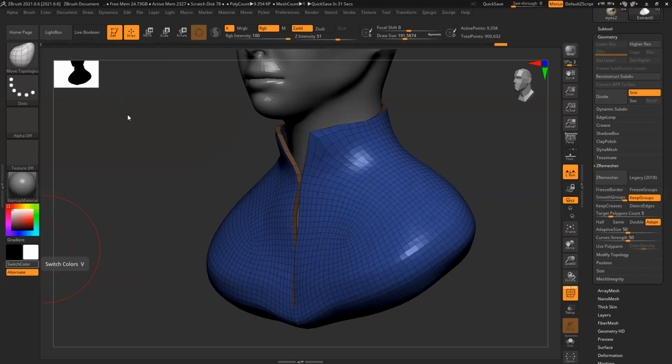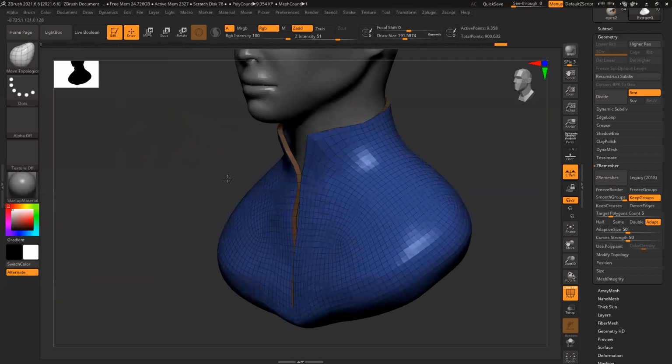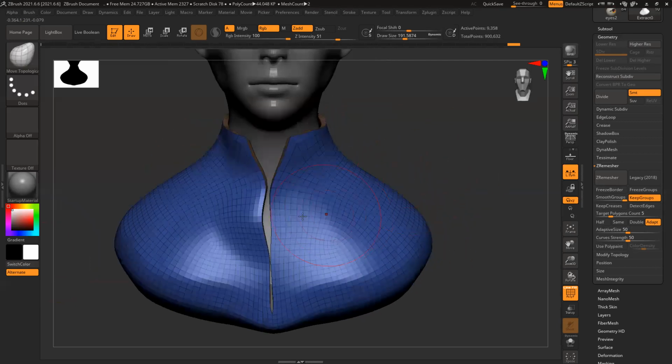Okay, so now both the sides I can work separately, create those folds and things, make it asymmetric, and control D, add some subdivision level.